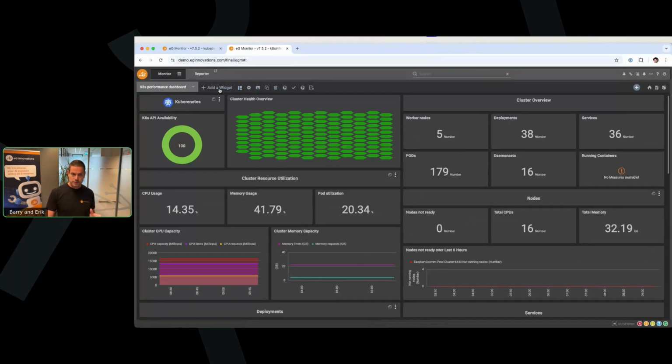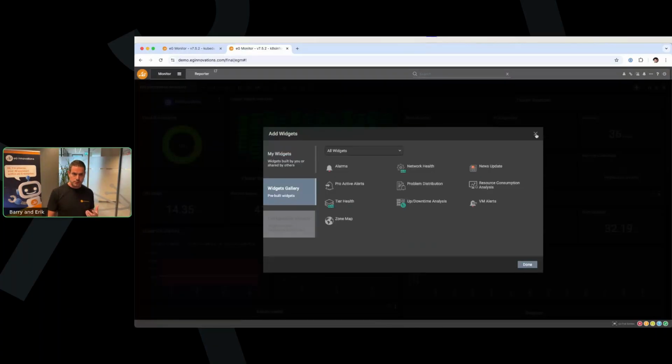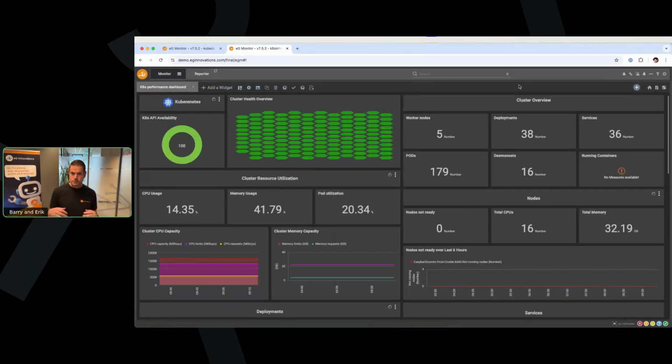But to give you a perspective, you can just add widgets yourself. So it's really a no-code My Dashboard solution. So you don't need to write any code. It's just adding the widget that you want to have, using the visualization that you like, and then clicking the right metrics in there. So at the moment, as Arun mentioned, I'm logged in with a user account that has a read-only role. So I cannot change anything, and I only see information that's assigned to this user.